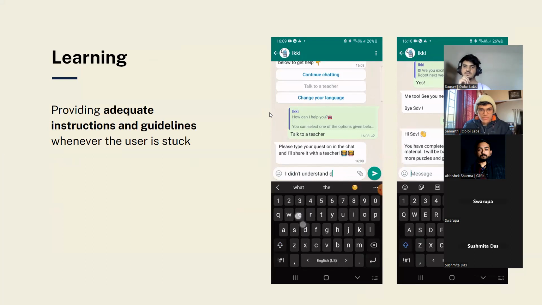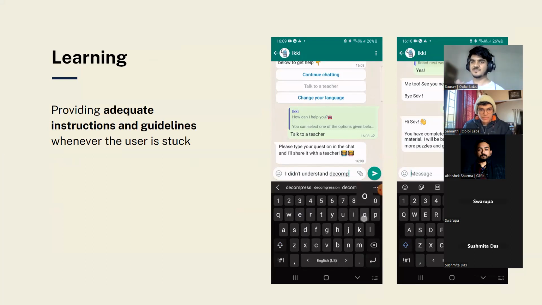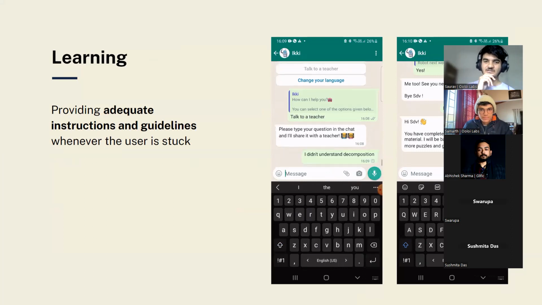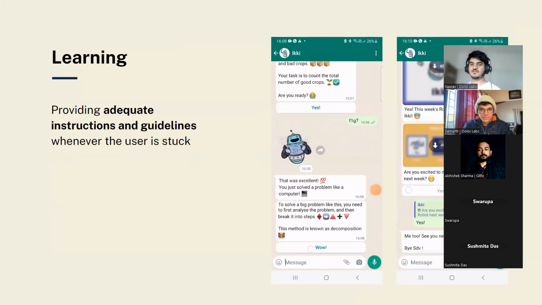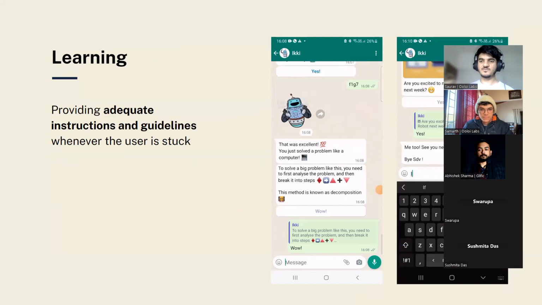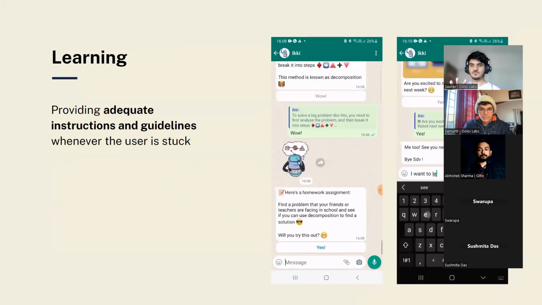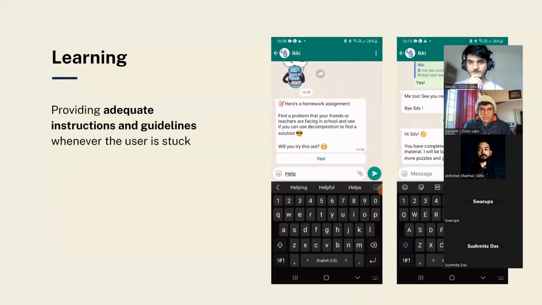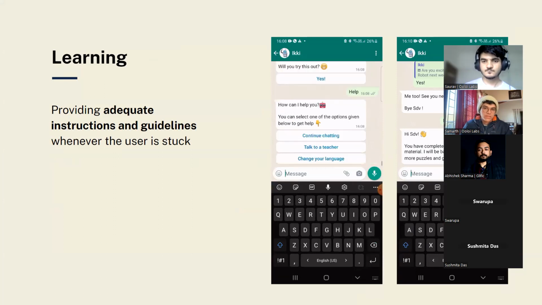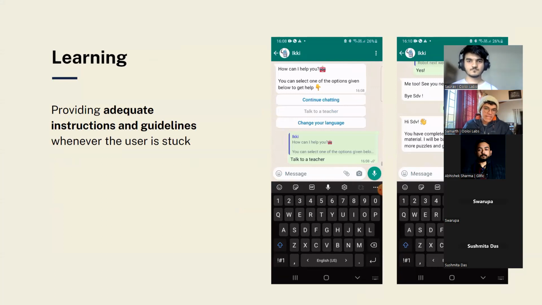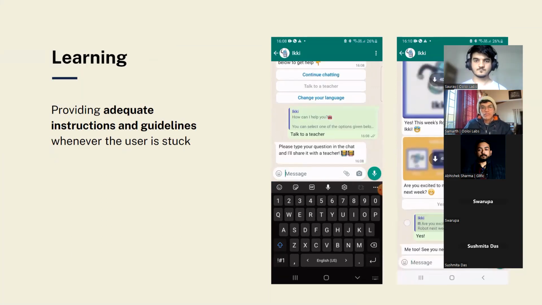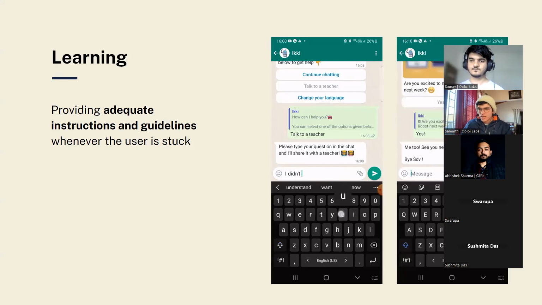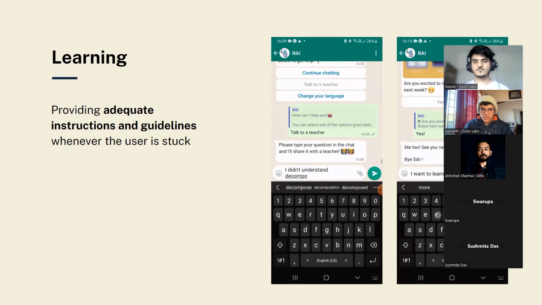I think this help feature is also something we are iterating on right now, which is the next point in our presentation. We are trying to see what questions the students are asking, and then based on that, we'll figure out how to best provide support if there is a common theme or pattern around the questions being asked. So for example, out here, when they write help, there is a menu that comes up, and there are usually 3 options. Talk to a teacher is usually where they can send a message out. In fact, this is somewhere where I'd like Abhishek to come in to talk about the NLP part of it, if you would like to contribute, Abhishek.